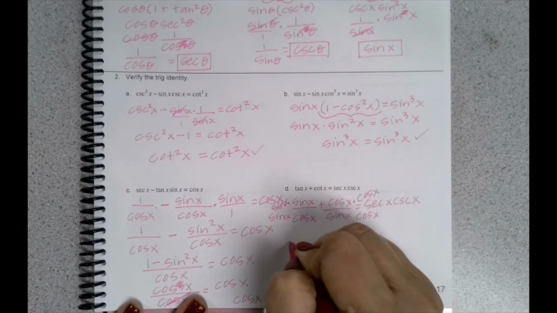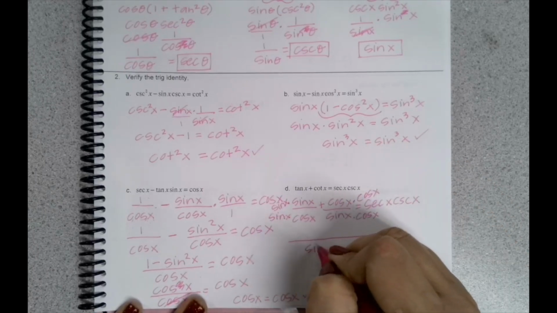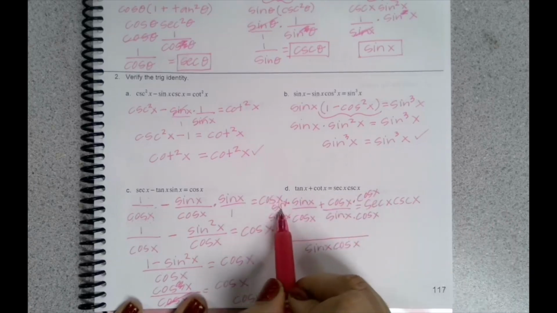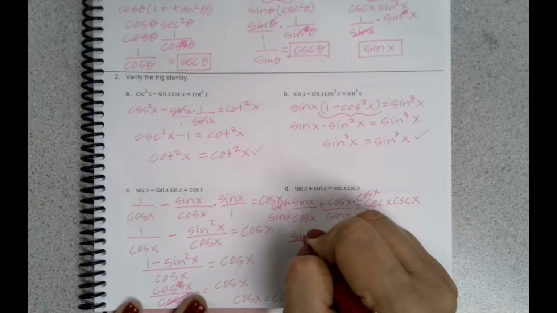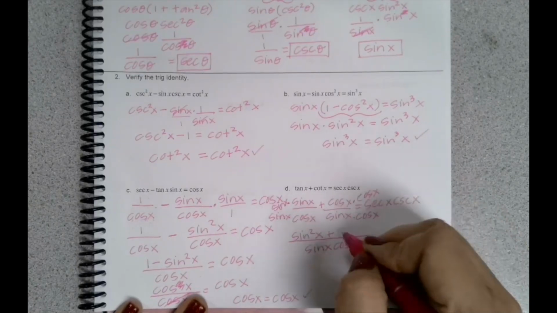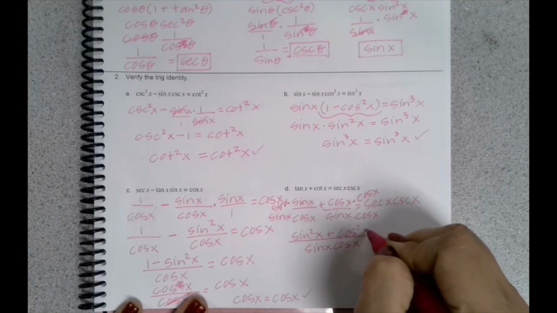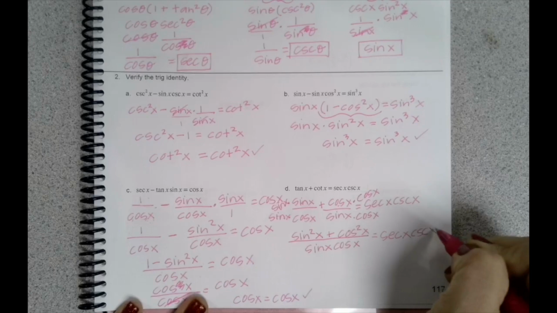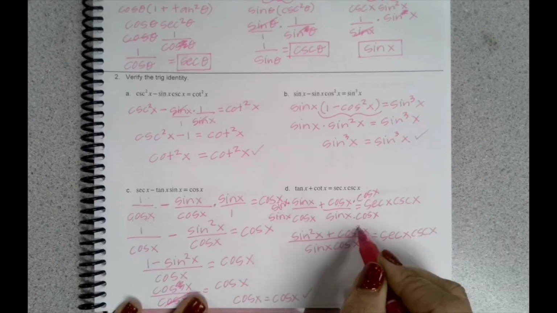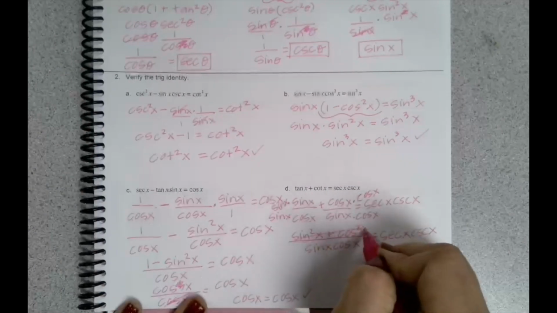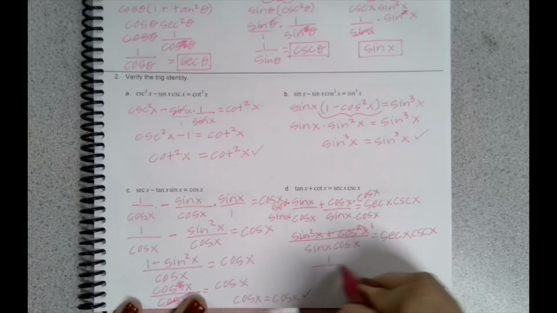So in the numerator with my common denominator of sine x cosine x, I have sine x times sine x, so that's sine squared x, plus cosine x times cosine x. Ooh, I see a Pythagorean identity. I wonder what this could be. This, sine squared x plus cosine squared x, you can even see it on the top of your paper, that just equals 1. So I have 1 over the sine of x